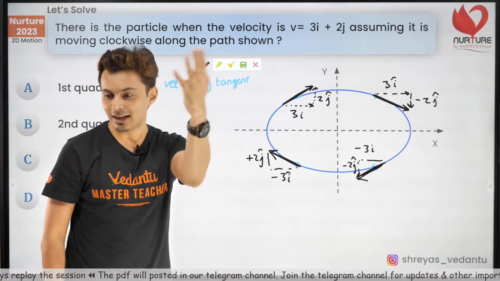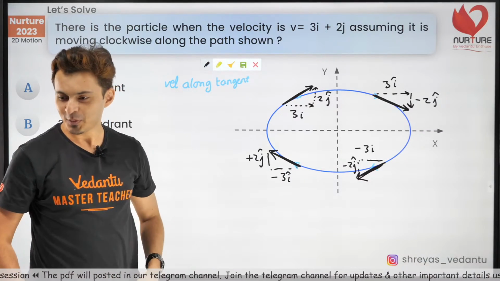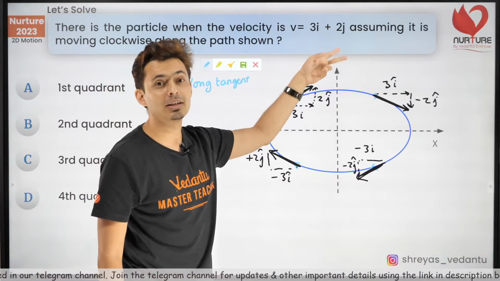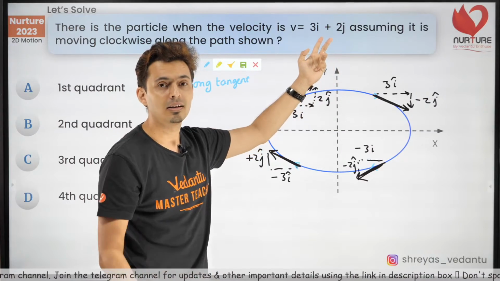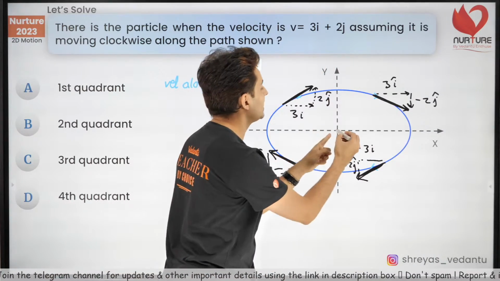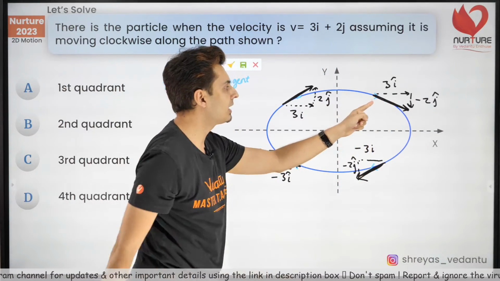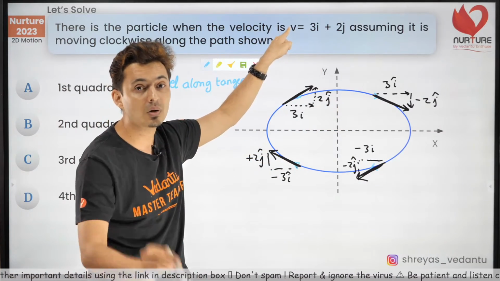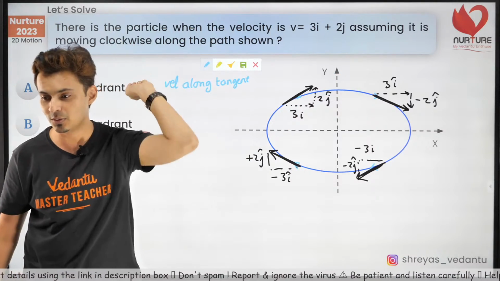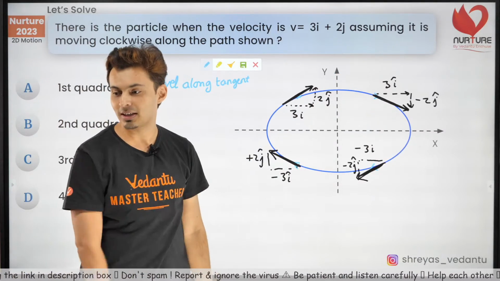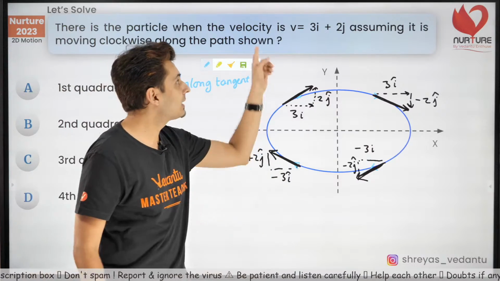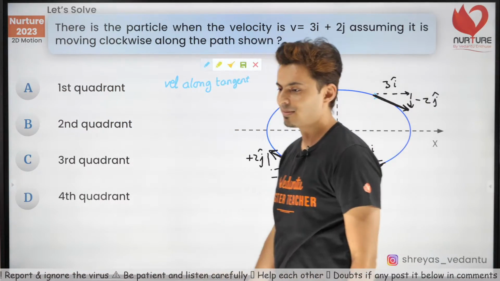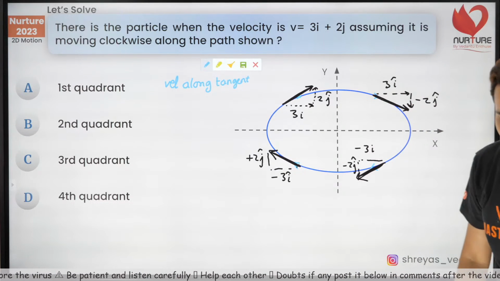Understood? How many of you are hiding your face? Please let me know. God, blunder, mistake, yeah. What did you think? Oh sir, both are positive. You thought they are coordinates. You guys thought they are coordinates, and that's why you immediately jumped to the conclusion, sir, the particle is here. Look at the question. The question is velocity, not the coordinates, not the position. Understood? Yes, normally first quadrant is positive. Yes, that's what you thought. But read the question. The question is not on position. Be careful. Yeah, that's why you guys made a big blunder.